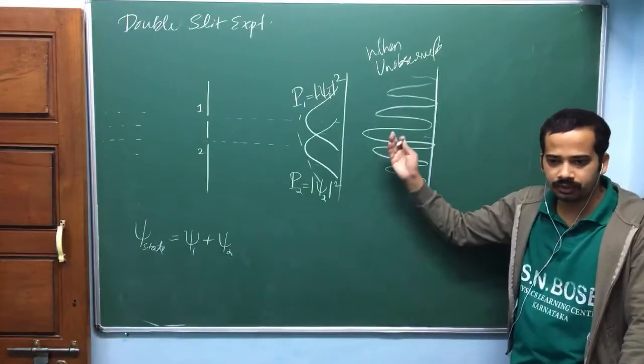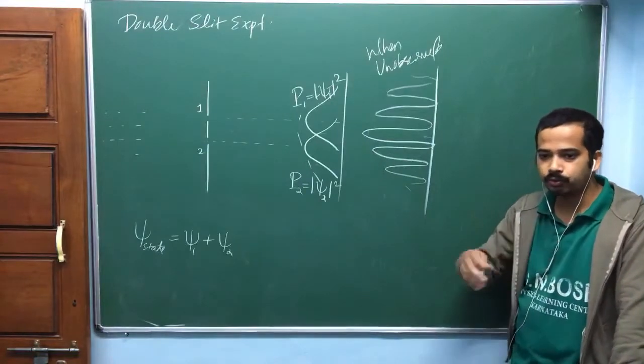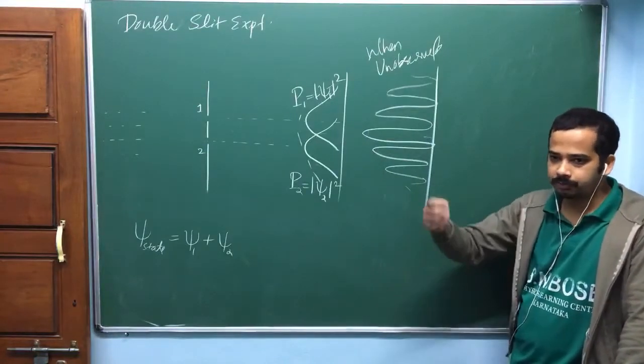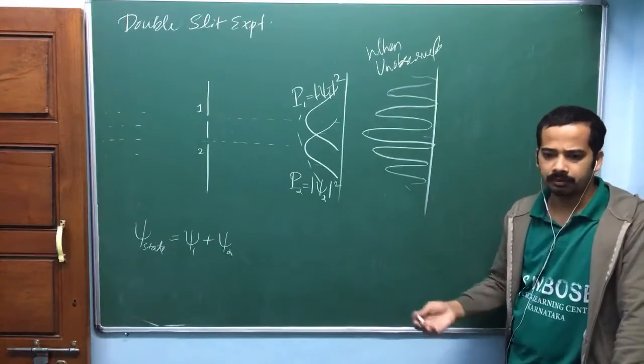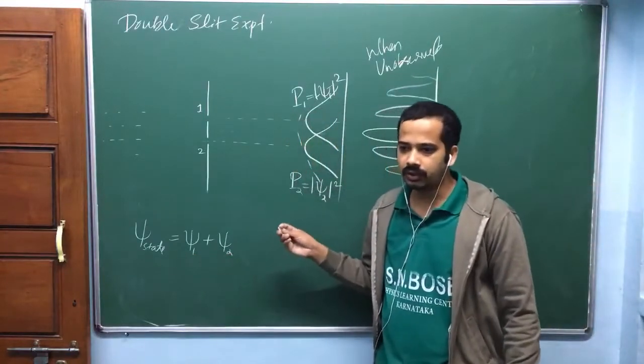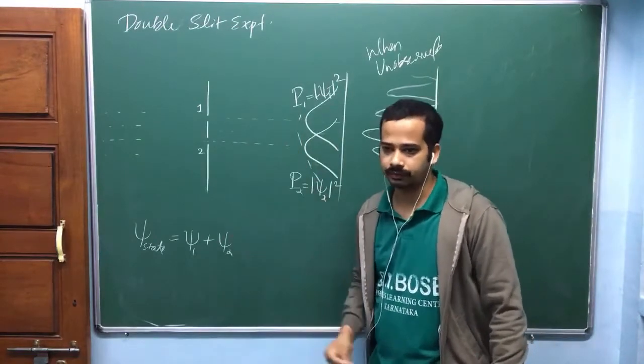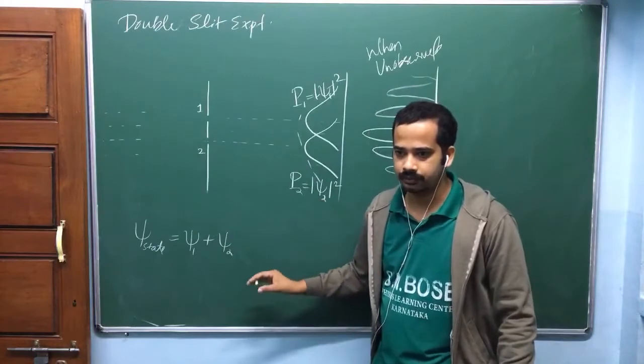Later I am going to generalize. In the next class I am going to say the state is a superposition of momentum states. Then if you observe momentum, you get one of the momenta. But since it is a superposition of two translation states, here we are interested in observing which slit it is passing through, and it will show one of those.